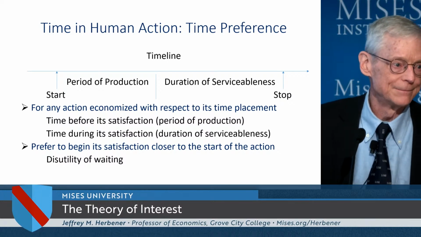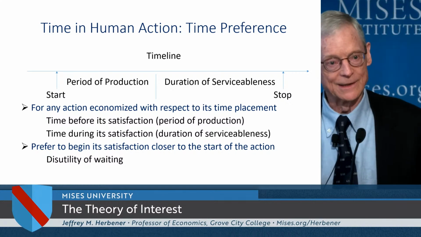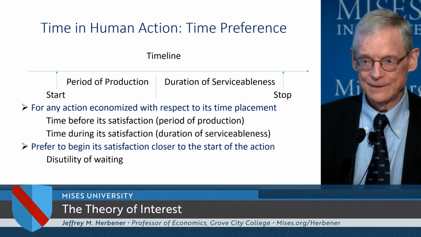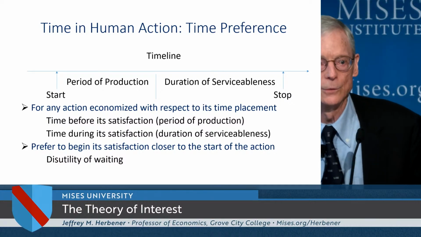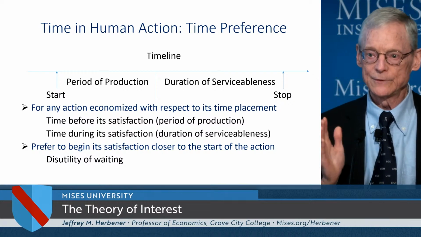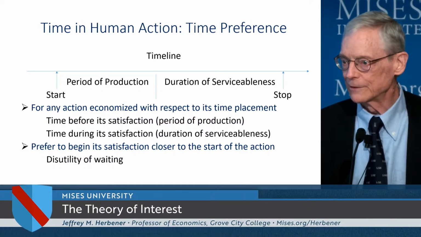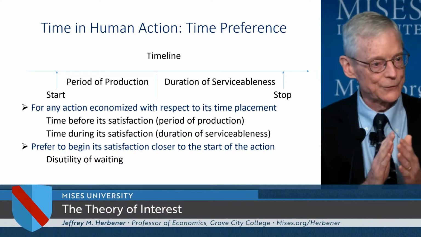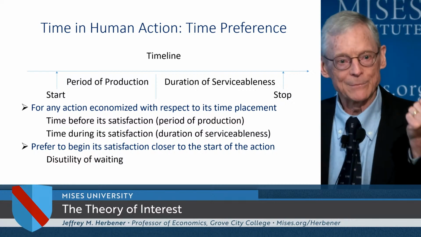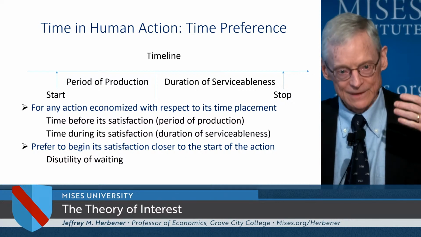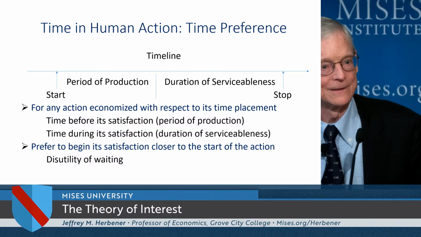To go back to my tree cutting example, if it were possible for me to engage in the tree cutting with everything else involved, the labor effort and the chainsaw and all the things that are involved in doing it, instead of taking 6 hours, if it just took 3 hours, that would be preferable. Because then I would be freed up 3 hours to do other things that are valuable. But waiting just has disutility, as Mises says. In fact, if I could just snap my fingers and have it all done, even if I had to expend all of the resources in order to do it, that would be preferred, right?